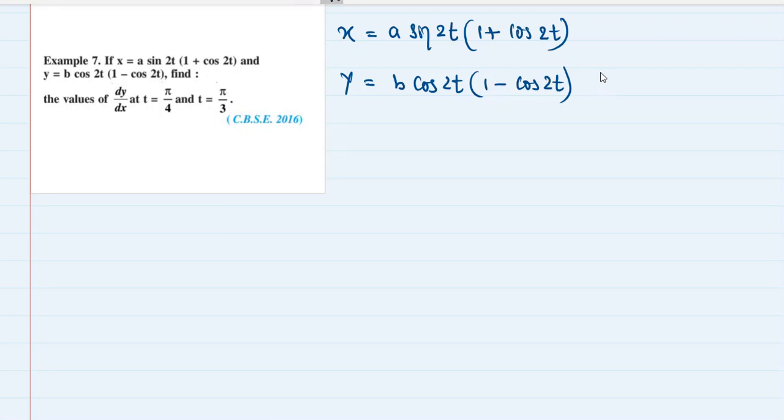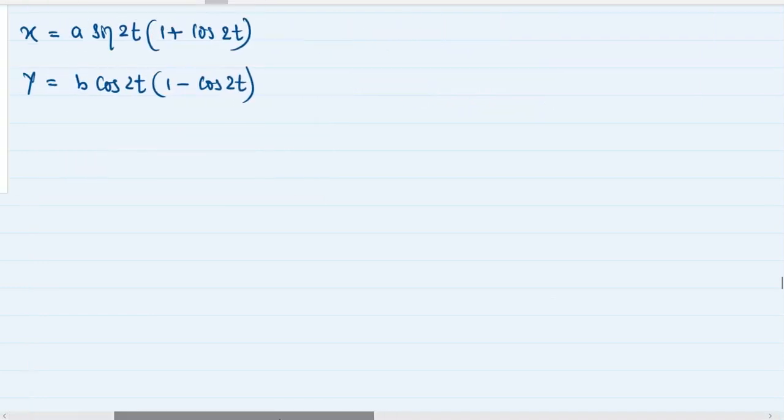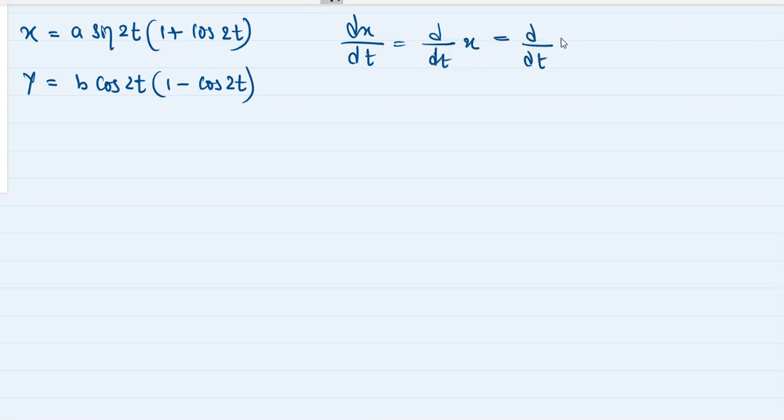Okay, we have to find dy by dx at t is equal to pi by 4 and t is equal to pi by 3. So that comes later. First find dy by dx. So first we'll start with dx by dt, sorry, not theta, dx by dt, which is d by dt of x,